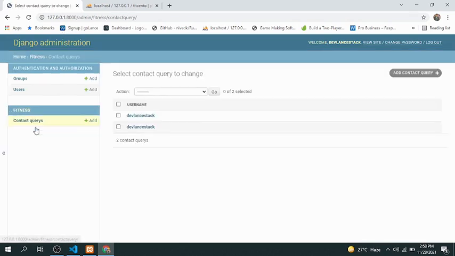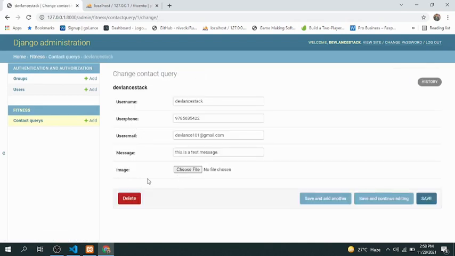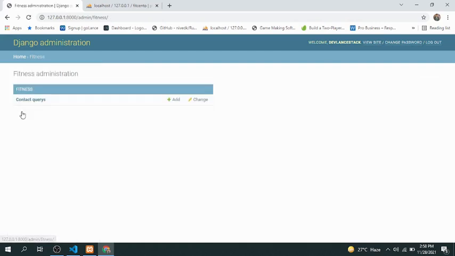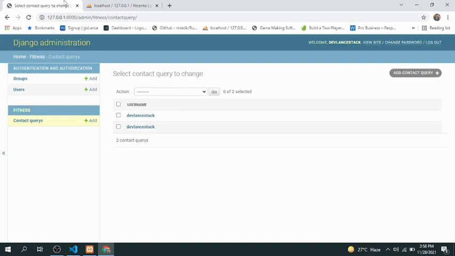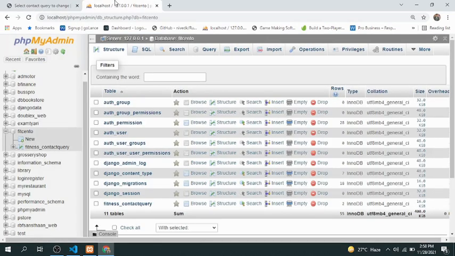This is your last entries in contact query. Here we have all the contact queries. So today we will learn how to insert an image from the admin panel. So first